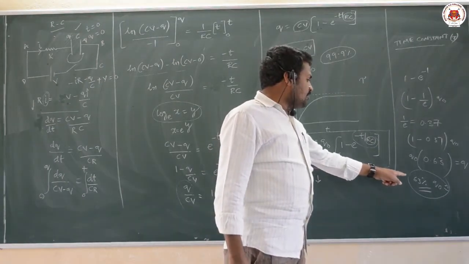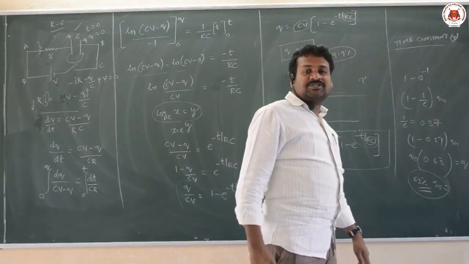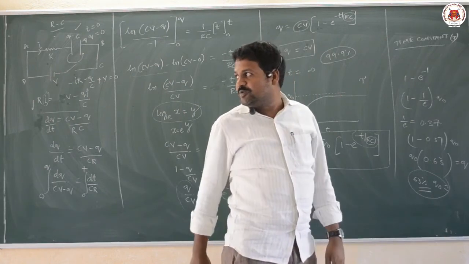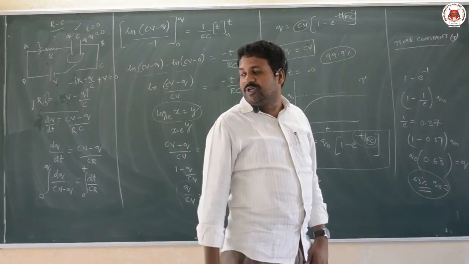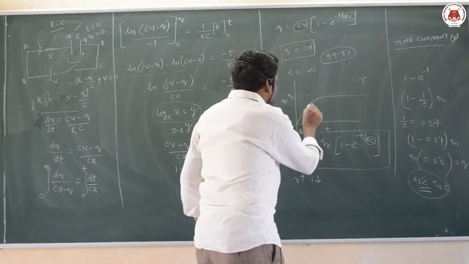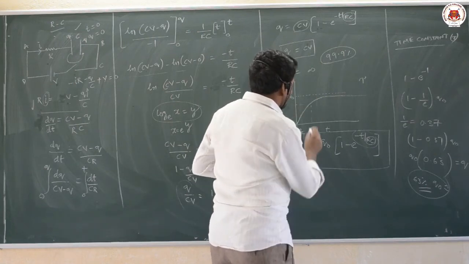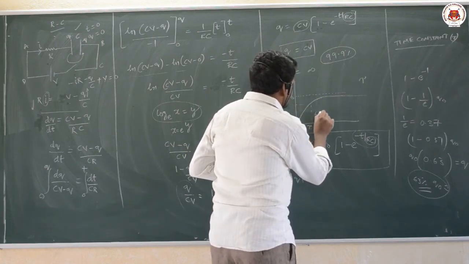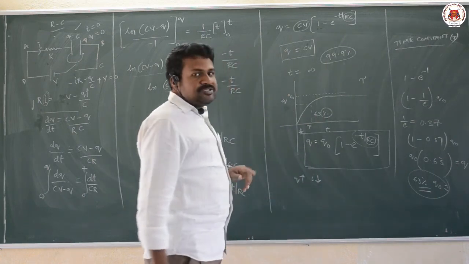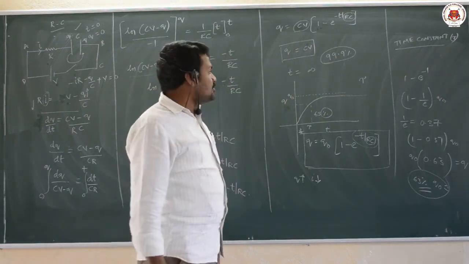and time constant is defined as the time taken for a capacitor to get 63% charged of its peak value. Suppose the peak value is 10 coulomb, 63% of the 10 coulomb. How much time will you take to get 63%? Suppose here we are reaching 63%, so the time taken we call time constant. The time required to charge a capacitor to 63% of its peak value is called time constant.